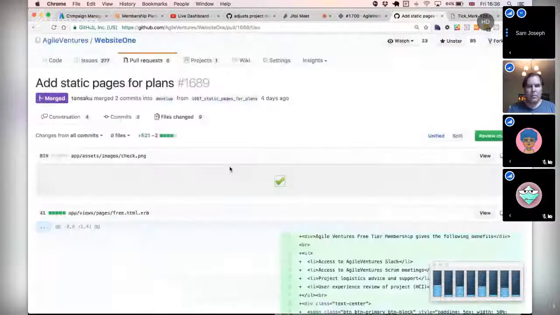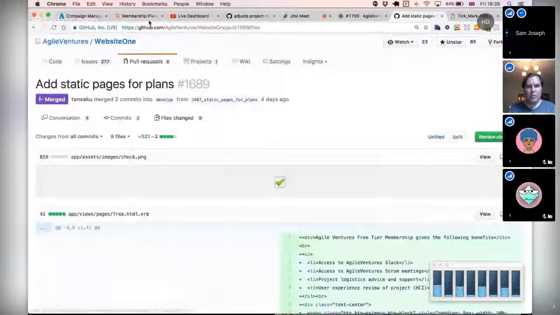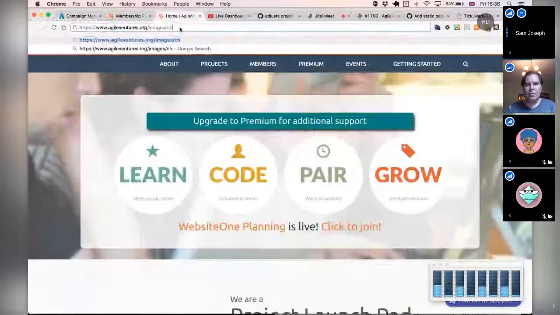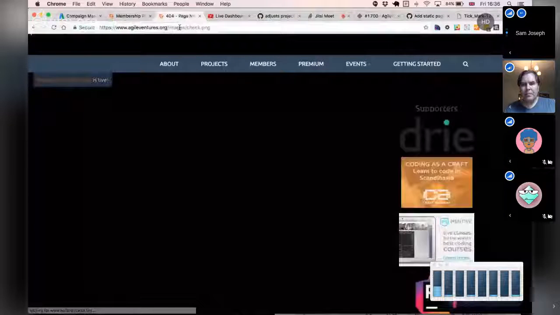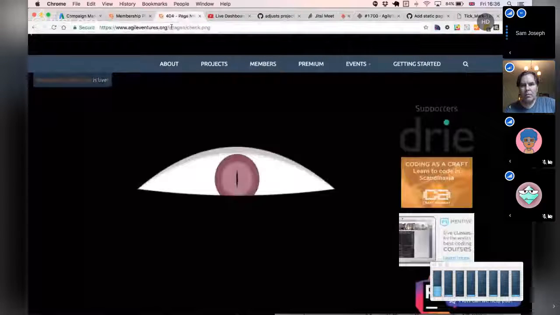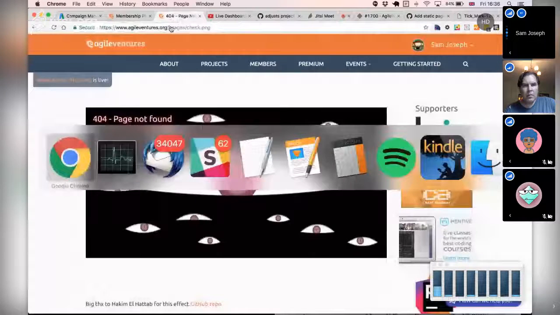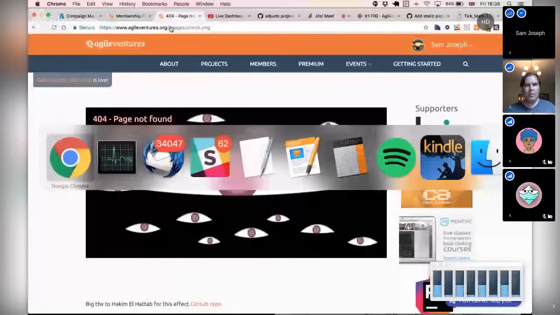We've got app assets images check PNG, so we could check. It looks like it. check.png. Not there. I wonder what the problem is. I did deploy fairly recently. That should be live.